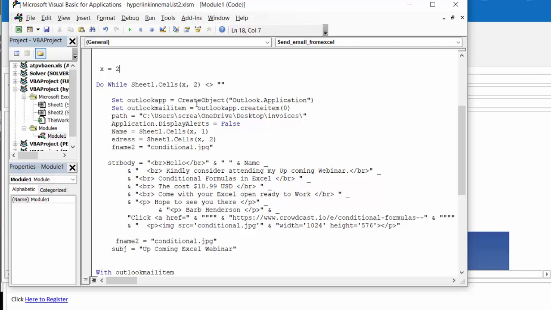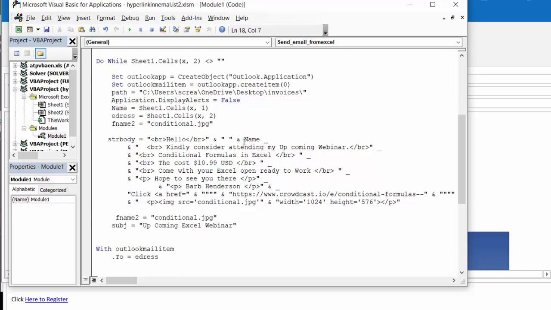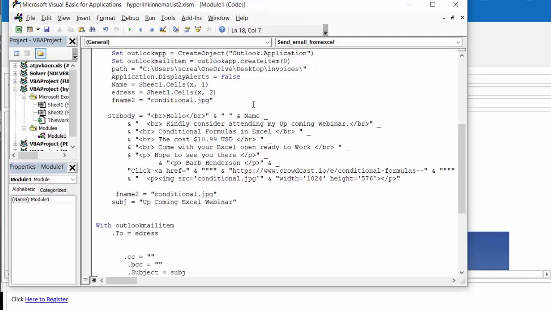Set Outlook app, Outlook mail, and then I say name equals Sheet1.Cells column 1, and address equals Sheet1 column 2, and file name is the big graphic that I'm attaching on the bottom, called conditional.jpg. Okay, so here's my string body, and this is where my HTML is. I have hello, and then I have,